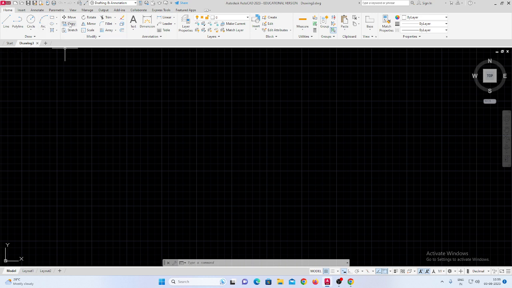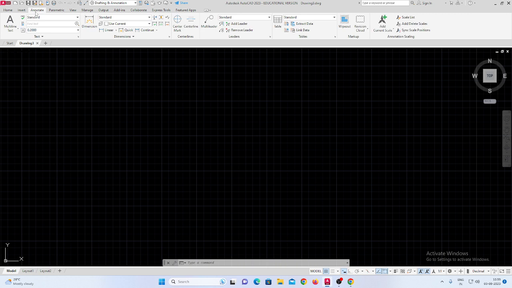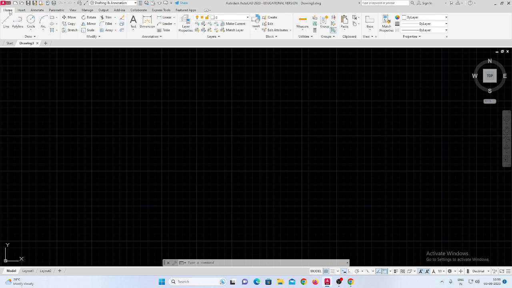Under the modify panel we have move, copy, mirror, rotate, etc. So in this way, under each tab we have different panels, and in each panel we have a different number of tools or commands. You can go to any tab you want, scroll under any panel and select the tool or command you want to use. So this is what about